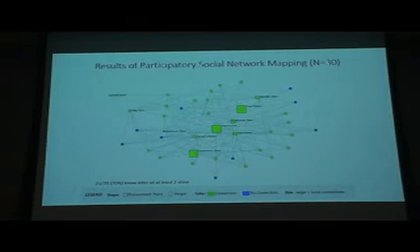So we can see, for example, a lot of people said that they know people that go to a convenience store, or they know people at a supermarket, and they know people at a food pantry. Farmers market is here, it's green, meaning at least one person said they knew somebody there, but you can see its size is actually pretty small. Overall, most people did not know somebody at a farmer's market.